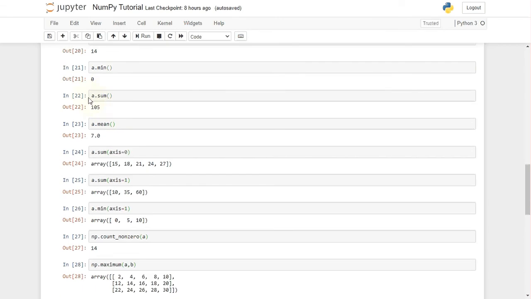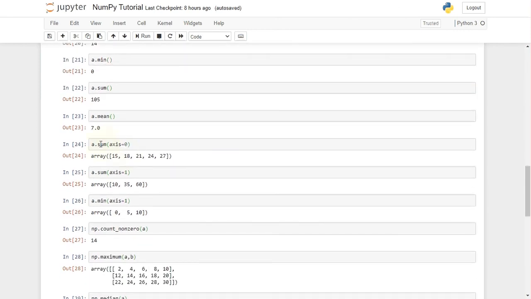Similar is the case with sum. Sum will perform summation of all the elements in the array and give us the result. 0 to 14 will get added to 105. Similarly, to compute the mean, the mean of all the elements of the array will be 7. Now, if we pass an argument axis equal to 0, what will happen?